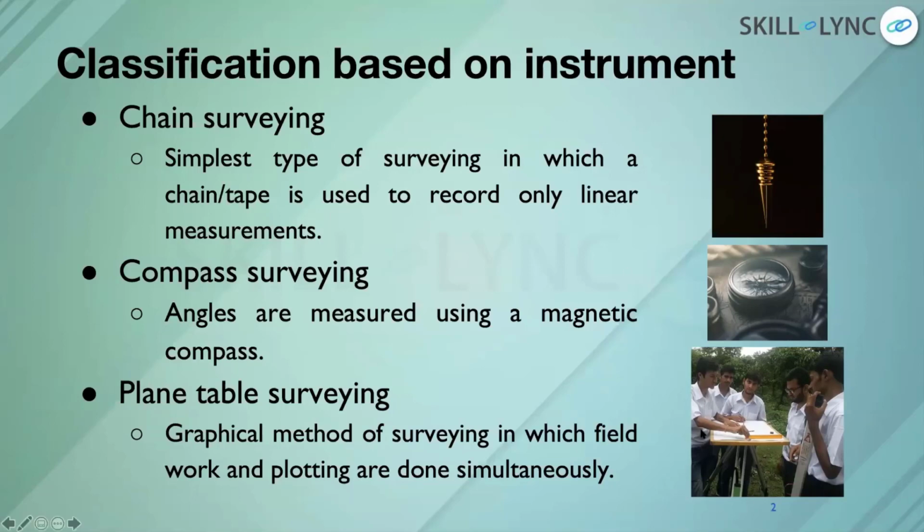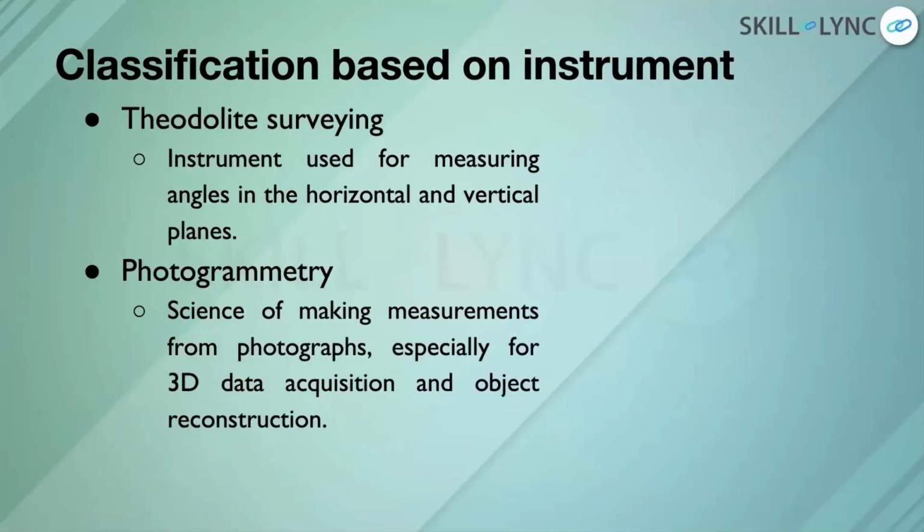This apparatus, this instrument, consists of a wooden table that's mounted on a tripod, as you can see, and the tripod is adjusted using the legs. These legs are adjusted to make sure that this table is completely flat, and that flatness of the table is ensured using a level bubble. So you generally have a level bubble here, and when the bubble is in the center, that means the table is completely flat. Okay, so just two more instruments based on which surveying is classified.